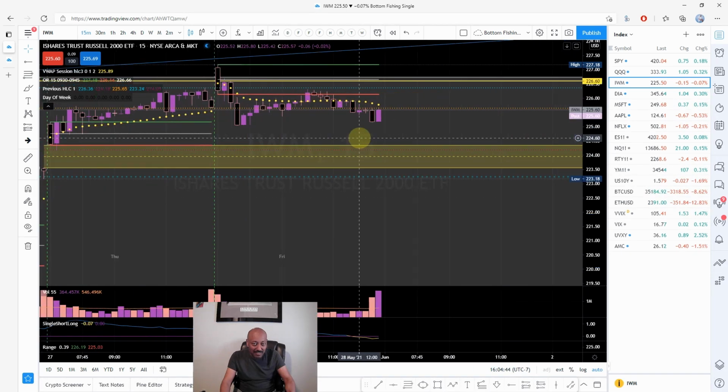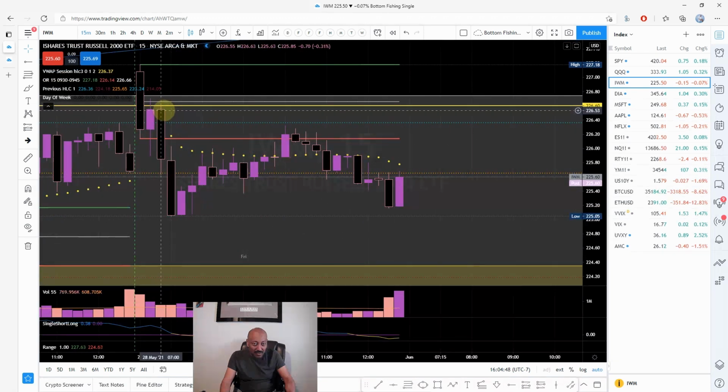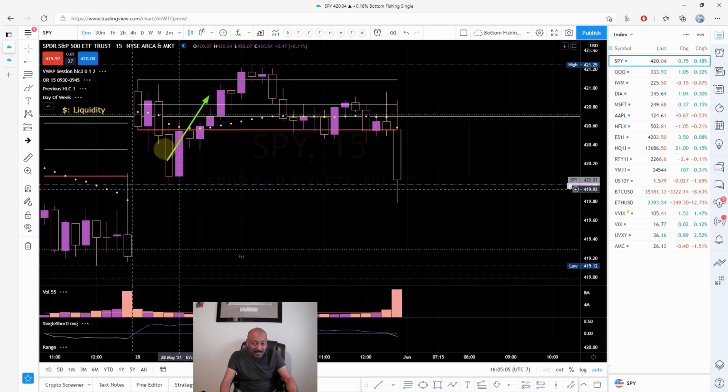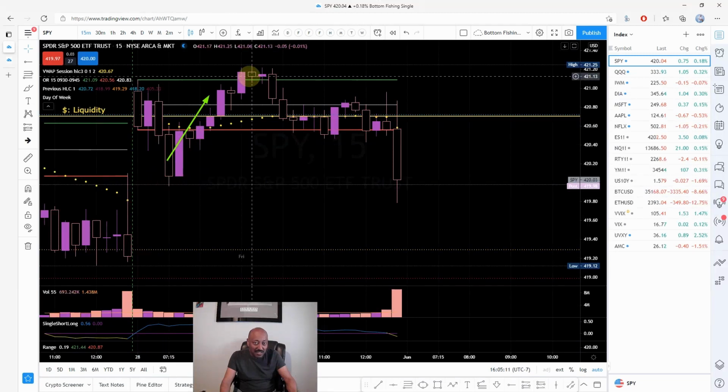And look at this. Look at why I said that all the time. Price went there, bam, it stops right there immediately and reverses. I have no way of knowing that this reversal is not one of those that does this. I have no way of knowing that. Because in the SPYs, it did that. In the SPYs, it went bam, and it went to the lows of the 15-minute range, and it reversed, right?